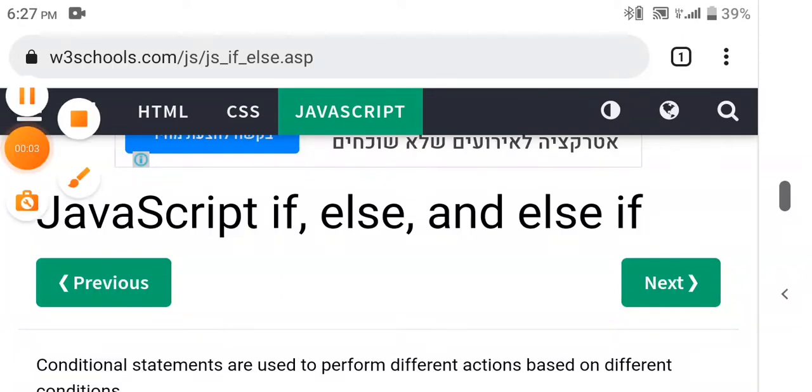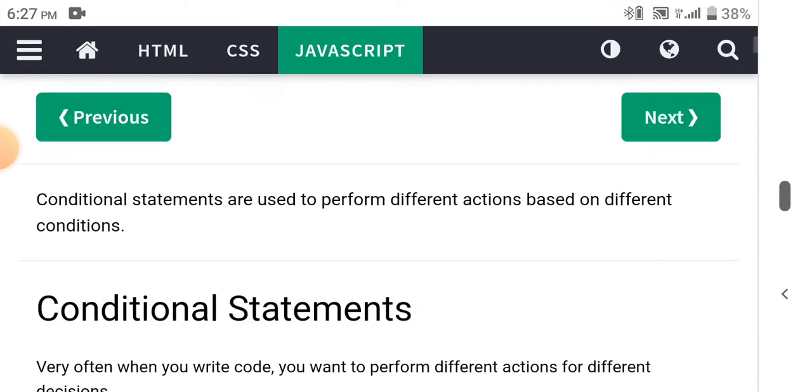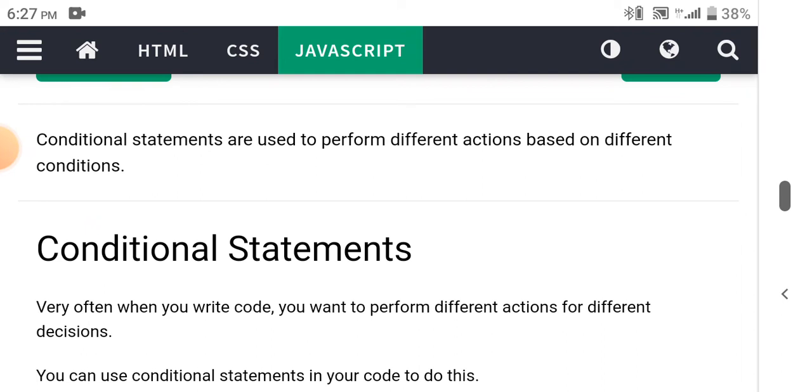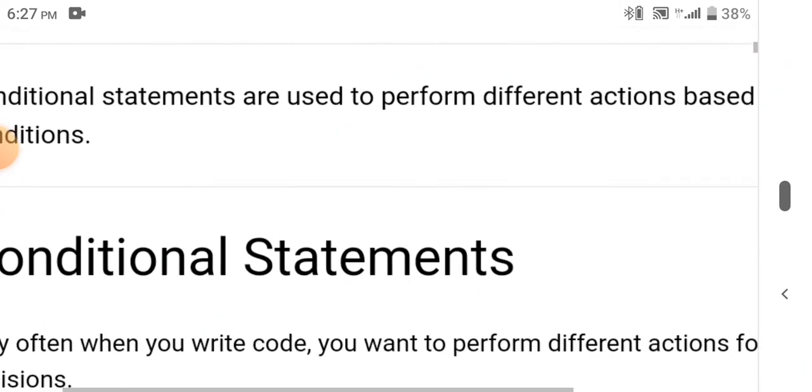JavaScript টিউটোরিয়াল সিরিজের মনে করেন 20তম পর্বে আপনাদেরকে স্বাগতম। এখানে আমরা দেখব JavaScript if else and else if সম্পর্কে। এগুলো আসলে খুব সহজ জিনিস। আপনি যদি অন্য কোনো প্রোগ্রামিং ল্যাঙ্গুয়েজ দেখে থাকেন তাহলে আপনি অলরেডি জানেন।